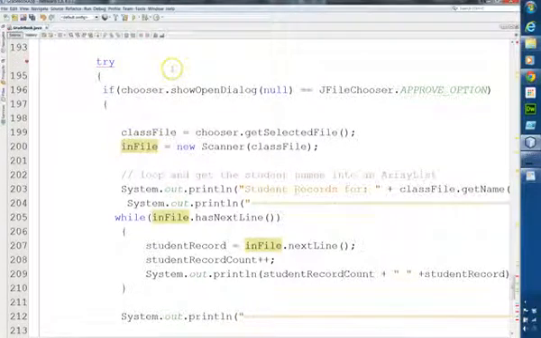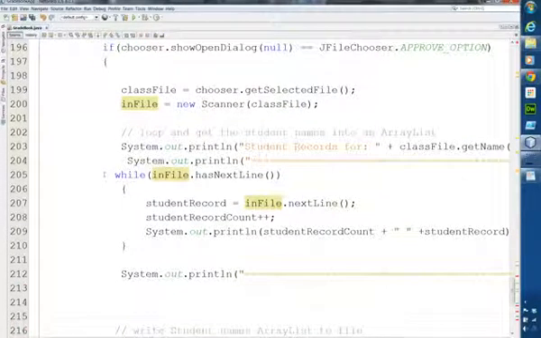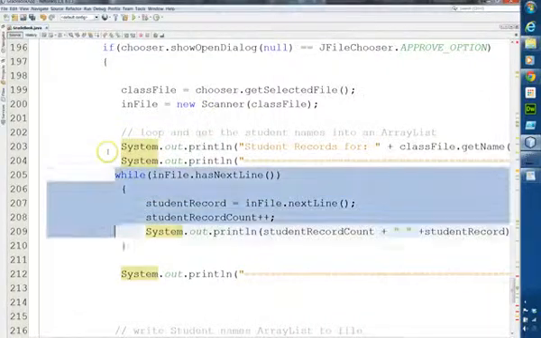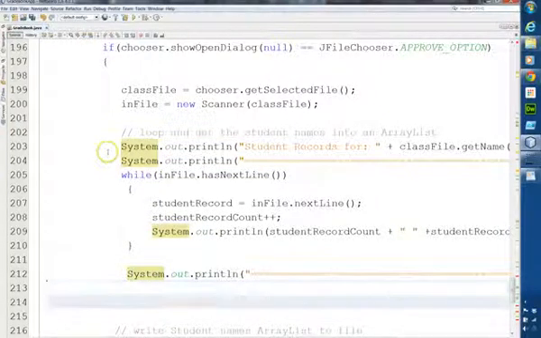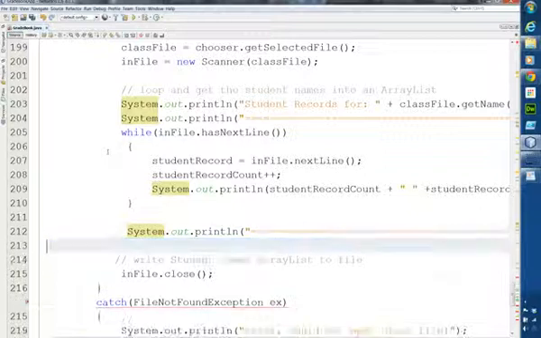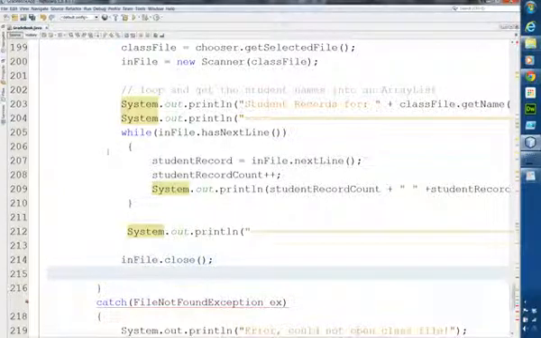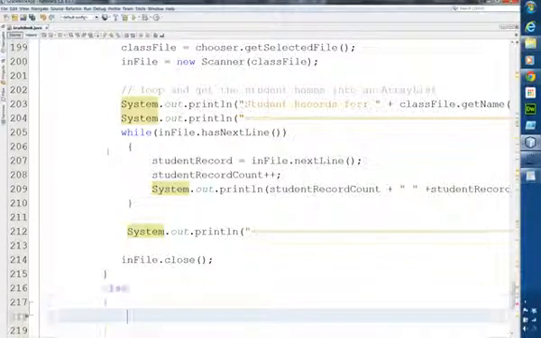Oh, you know what? My braces are off here. So if it's open, and where is the? Let's do records. So I should have an else clause on the end of this if here. Let's indent all this stuff. There we go. Okay, so then here is the, that's all part of the if. Alright, then here's the end of the if. And then we have an else. We'll add a block for that. Now this block is basically the user didn't choose a file, so we can again